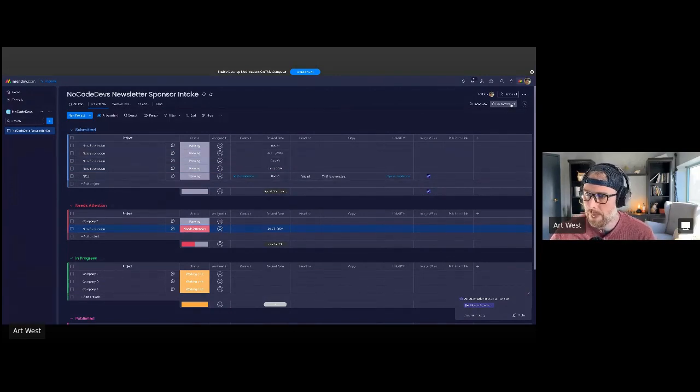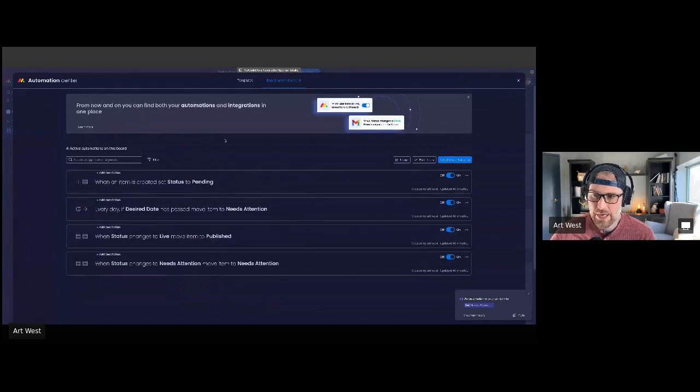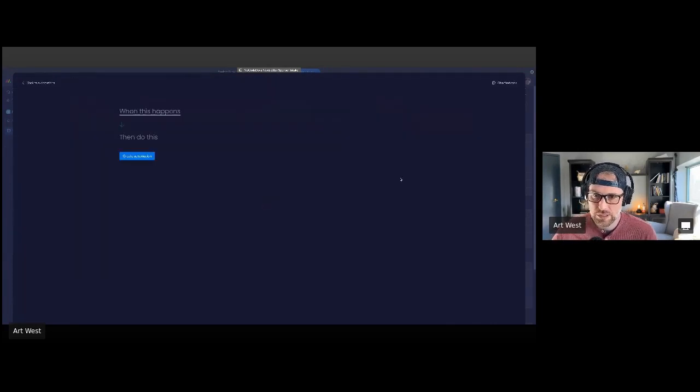So super cool. Now, let's just say you wanted to add a new automation within this space that wasn't set up by the space creator, which is us. So really easy to do. You can just simply choose add new automation. And you get this really visual workflow where you can actually build automations here. So let's just say when the status